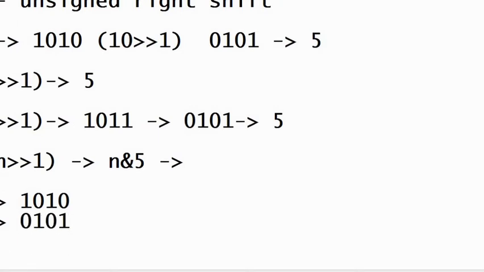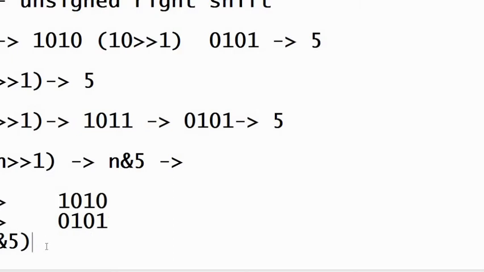So what is the answer for 10 ANDed with 5? In the AND operator, if any one of the inputs is 0, the output is 0. So here 0 0 0 0. So the answer is 0.